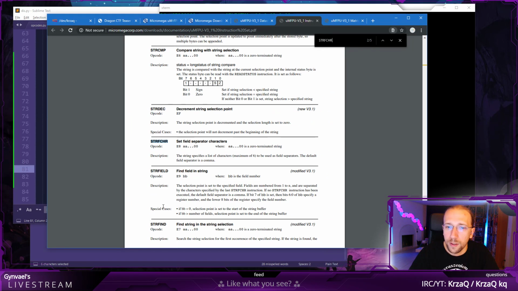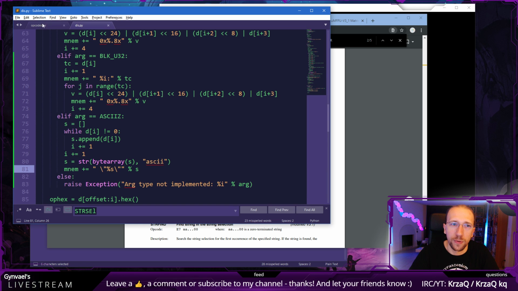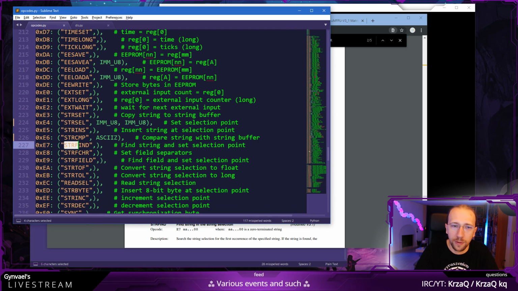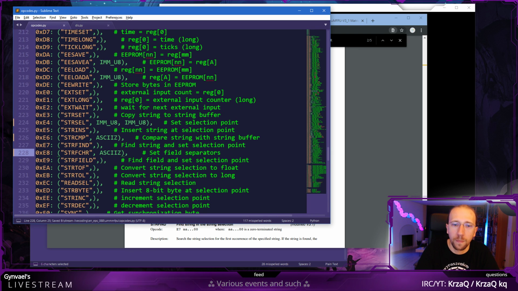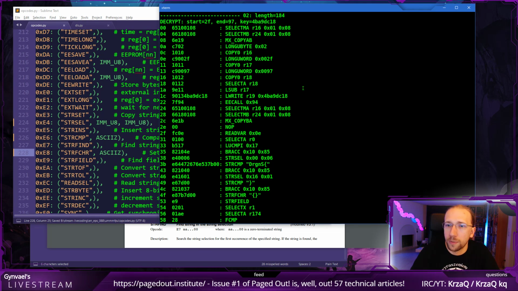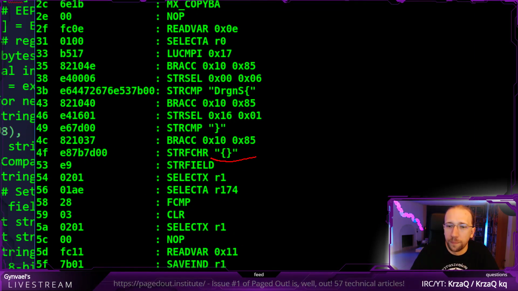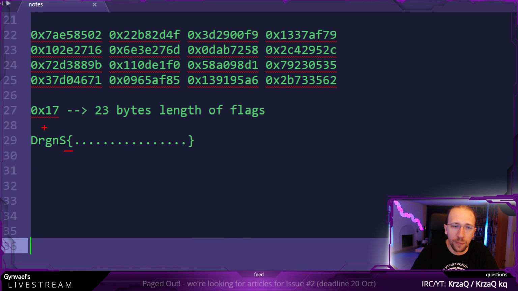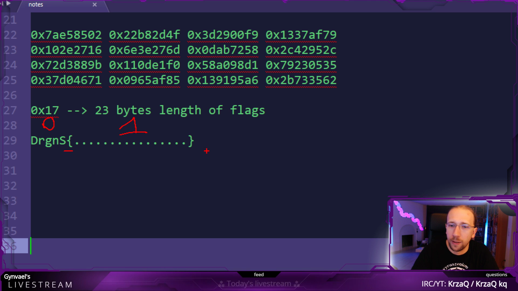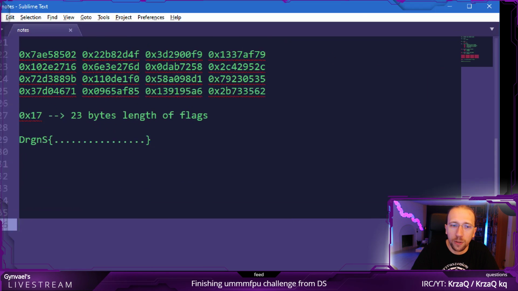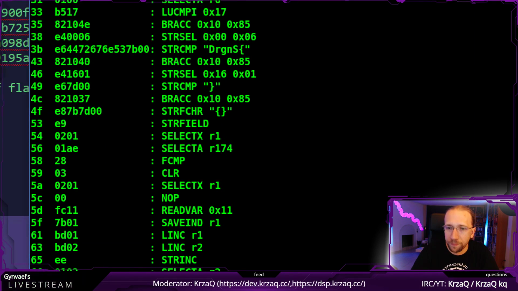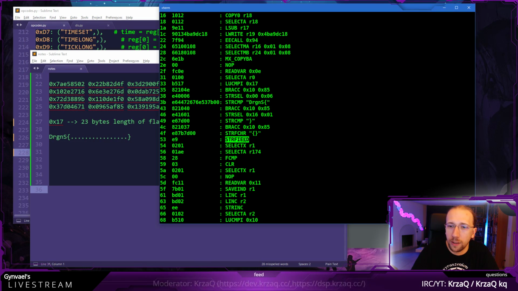Pretty obvious. So this is another ASCII Z, so it's really good that we have this ASCII Z implemented. strf char ASCII Z. Okay, and the delimiter is being set to these characters, so that means we are going to do a split over these characters. So this is going to be, I don't know, group 0 or 1, and I guess we are going to do the split because we want to get to this group, whatever that is. And this is string field,